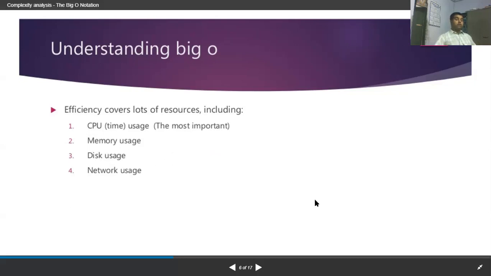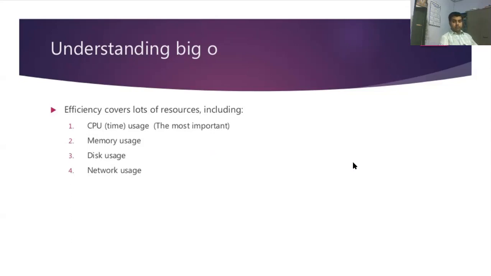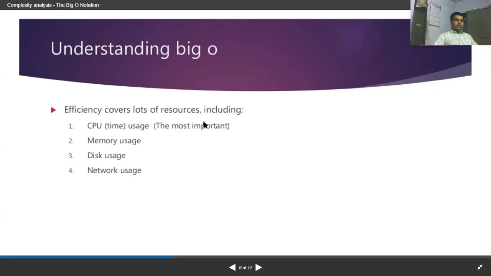Network usage. So if you are designing any algorithm for the network purpose, like if you are designing any Java applet applications, then obviously you need the internet. So we have to see that the internet usage should be effective enough. It should not be that a lot of internet has been used, in spite of that, your algorithm is still hanging around in one particular position. The algorithm is not processing further. The algorithm is taking too much time. Okay, so these are the 4 factors that you have to keep in mind while designing the algorithm.